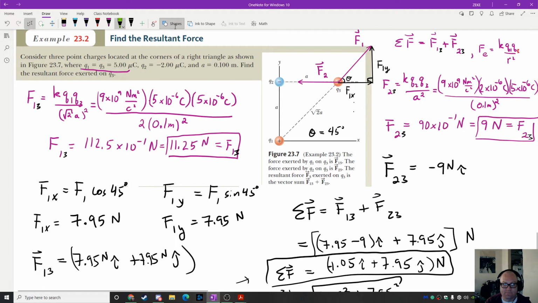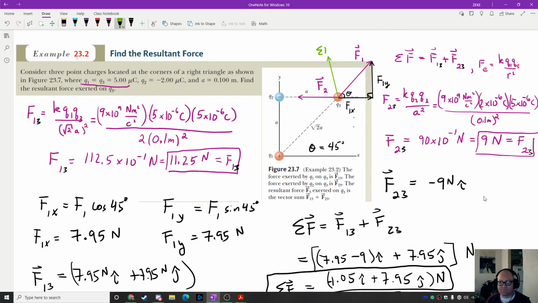Okay, negative 1.05 i hat, 7.95 j hat is going to be pointing up 7.95 and then left a little bit. So that's our net force, somewhere off in that direction. Is that exactly right? No, probably not, but that's the net force. Is that reasonable? Well, I guess. I mean, it looks like the negative charge won because it's not being pushed to the right, right? It's being a little bit more pushed to the left, but it's being generally pushed up because the positive charge gives it an upward